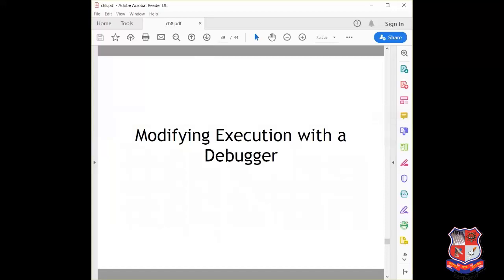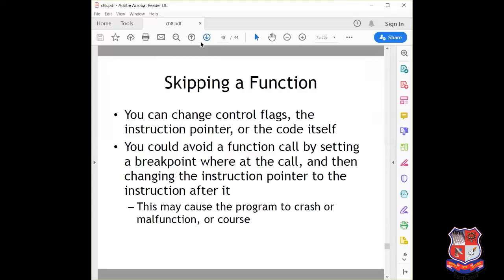Now the next part is about modifying execution with a debugger. A debugger can be used to change the program execution. You can change the control flag, the instruction pointer, or the code itself to modify the way that a program executes. For example, to avoid a function call, you could set a breakpoint where the function is called.